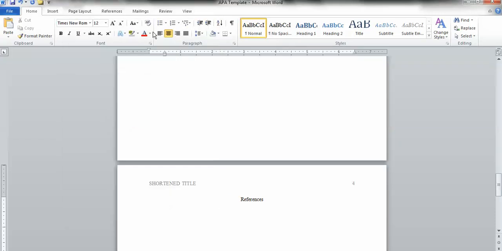Now I'm going to put my cursor back over to the left and I'm going to type author name, comma, author initial, period. There's my first element. Then I'm going to put the date, the year that the item was published, and a period to finish the element. And then I'm going to put title,